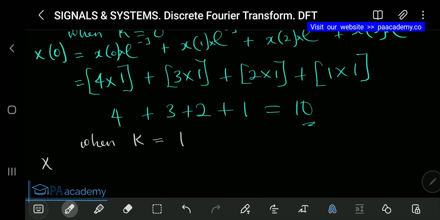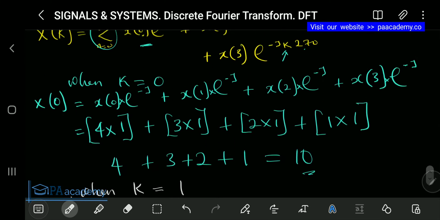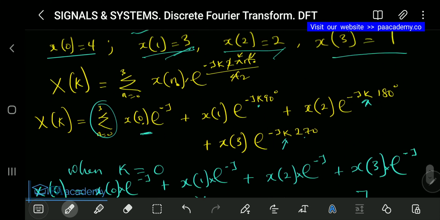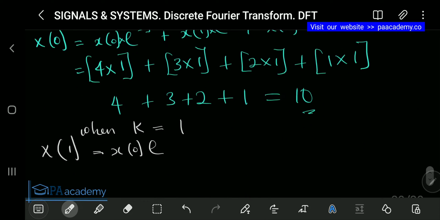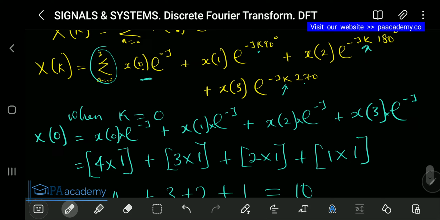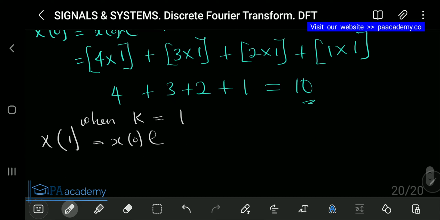So that means x of 1. So we are going to be making reference to this x of k. So that's x of 0 exponential minus j